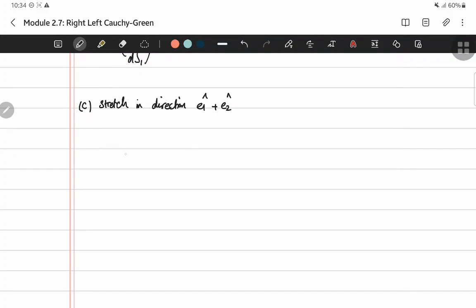So in this direction, we have 1, 1, 0. And remember here that these are unit vectors. So it's 1 divided by square root of 2 E1, plus 1 divided by square root of 2 E2. So if you write it in the unit basis,